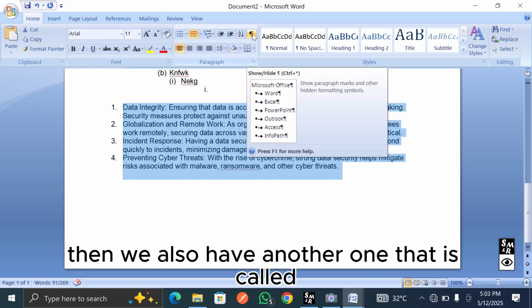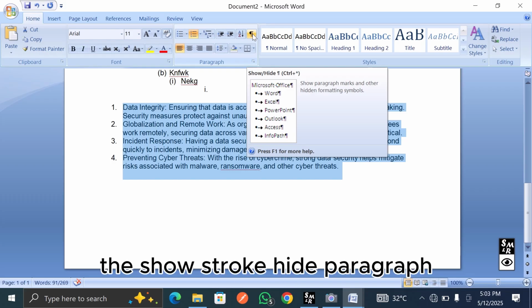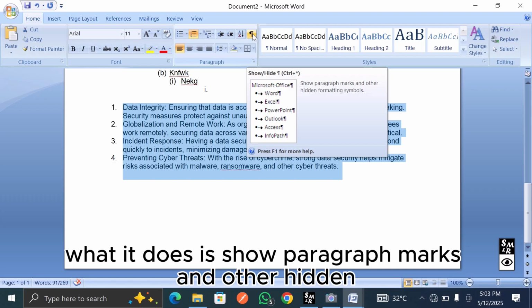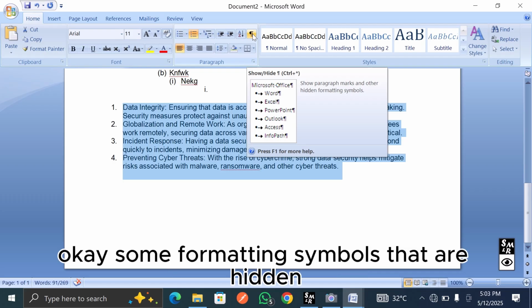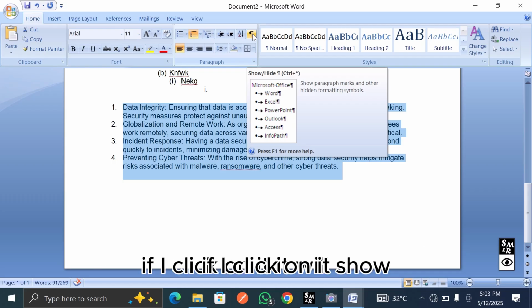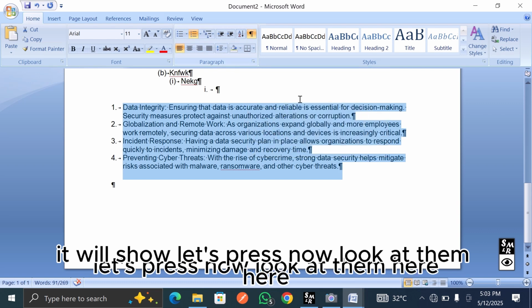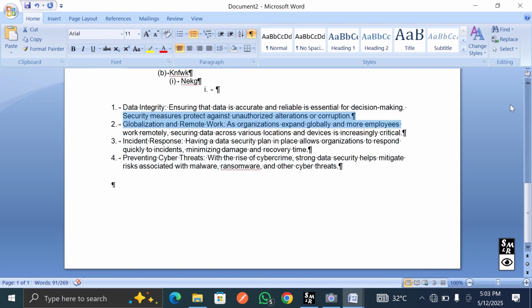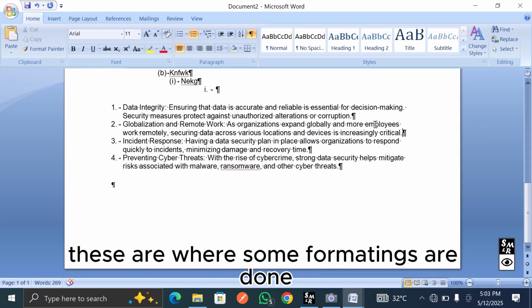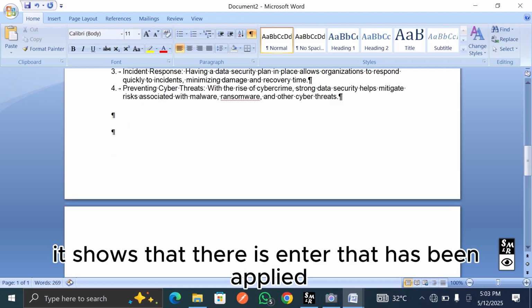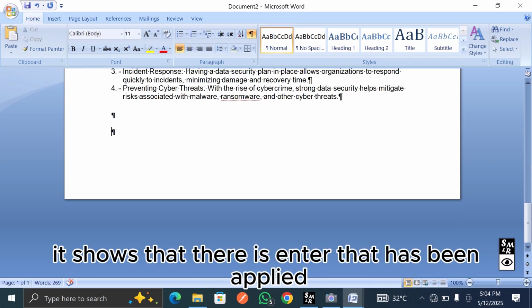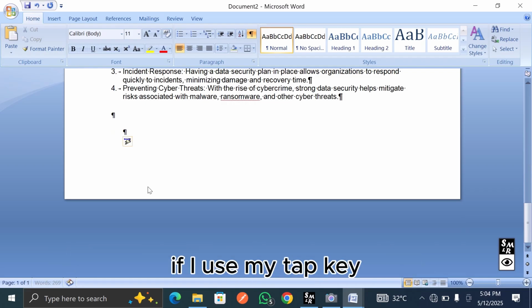Then we also have another one that is called the show/hide paragraph. What the show/hide does is show paragraph marks and other hidden formatting symbols. Okay, some formatting symbols that are hidden. If I click on it, it will show. Let's press. Now look at them here. Okay, these are where some formattings are done. Like for instance, now if I tap on the enter key, it shows that there is an enter that has been applied. If I use my tab key, okay,